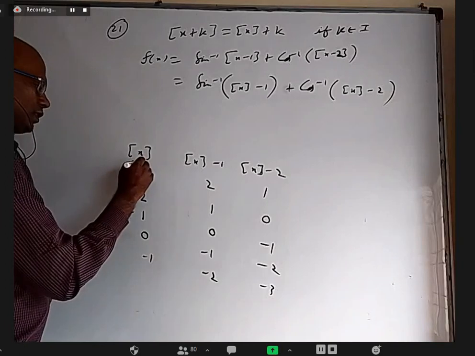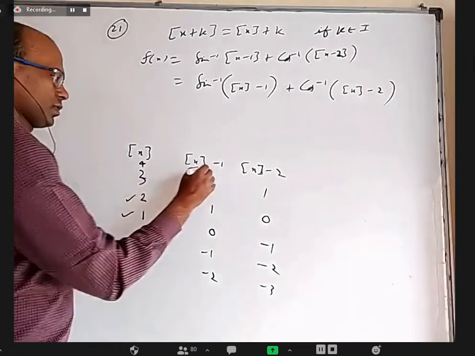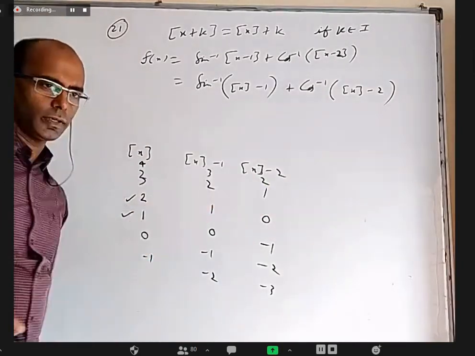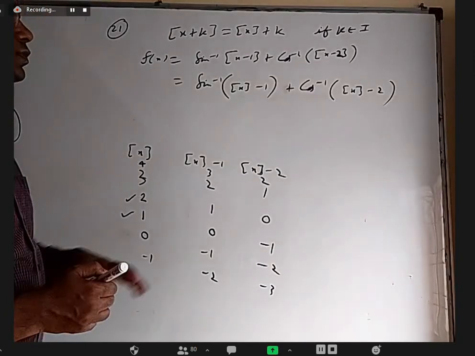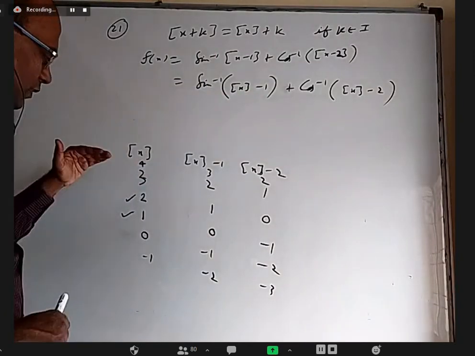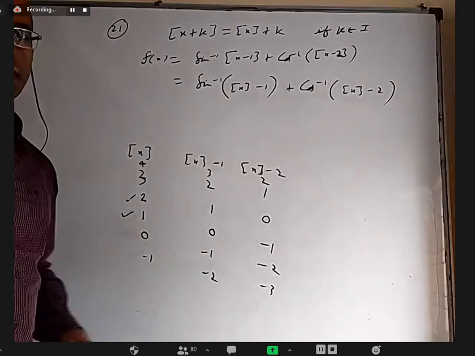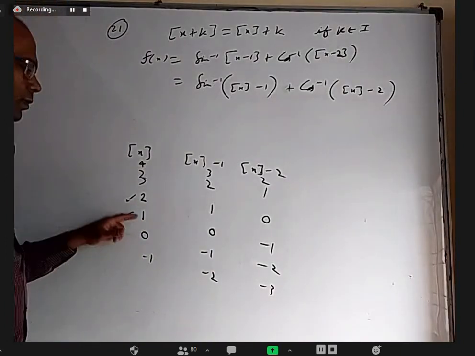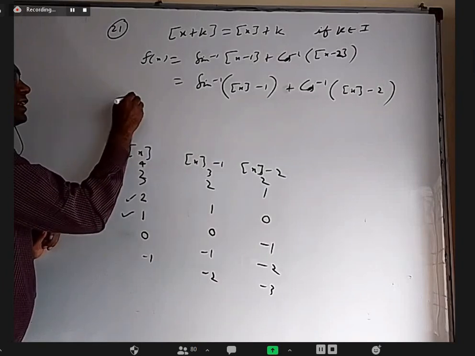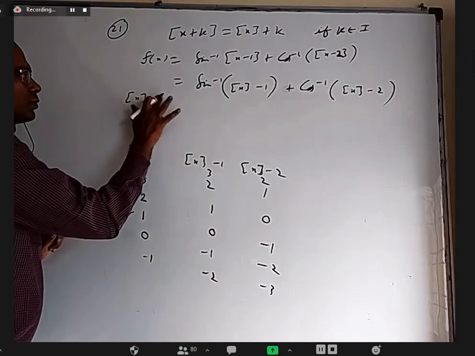in fact, if I take 4 here, this will be 3, this will be 2, nothing will be defined. So if you want this to be defined, integer part of x can be 2 or 1. You can even write it another way, but mainly this. So now simply take integer part of x equal to 2.